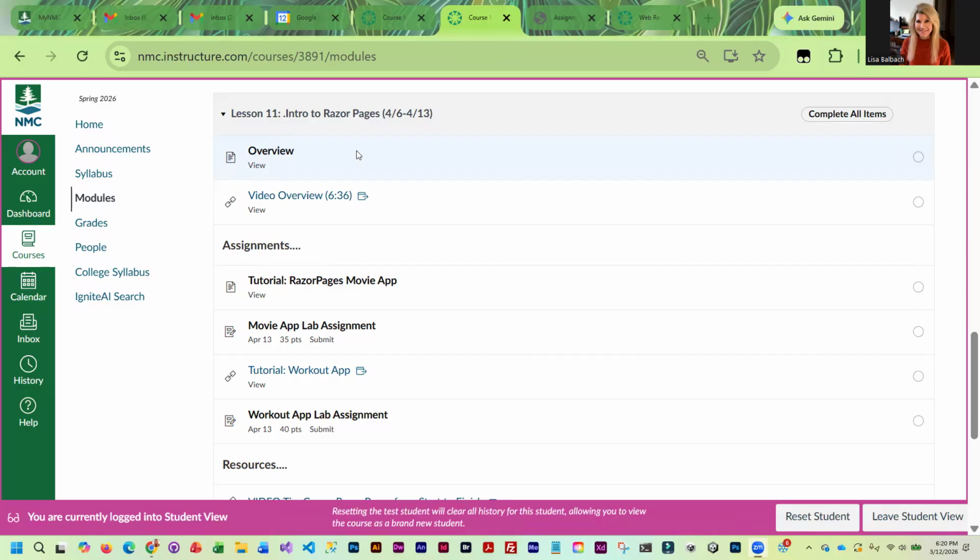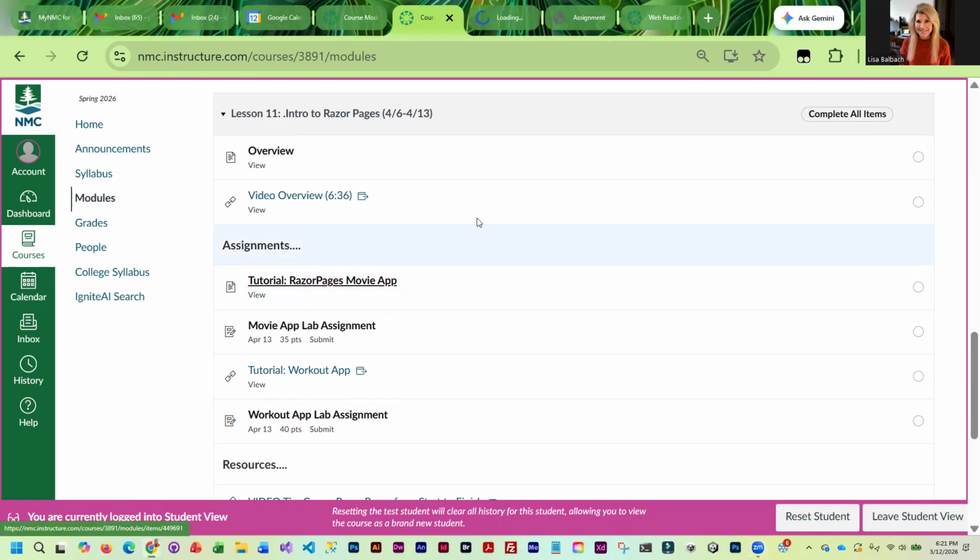So this week we are going to be working with Razor Pages, and I've got some tutorials for you to walk through. You're going to create a movie app. It'll be very simple because we're just going to generate one database table. And then I'm going to have you do a workout app where you're going to generate two tables that are related. Okay. And the first tutorial that you are going to work through,